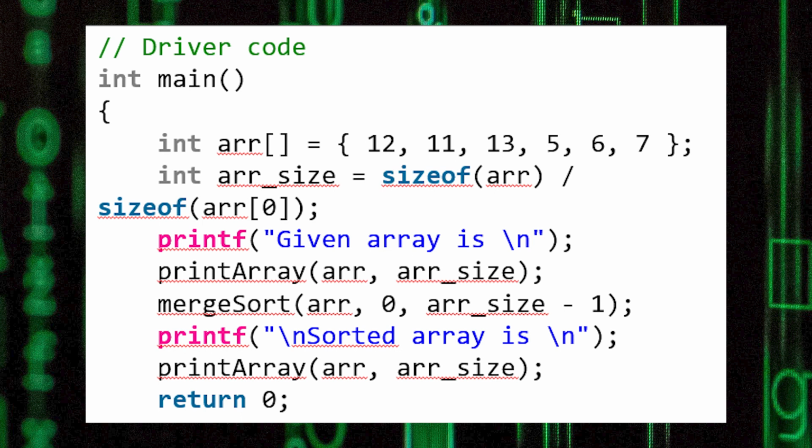Then we have performed the merge sort function. We have called the merge sort function which we defined in the previous slide. Then the printing of the sorted array is to be done. We call the print function 2 times, because first we print the unsorted array, and second we print the sorted array. In between, merge sort is called, where we pass the array and